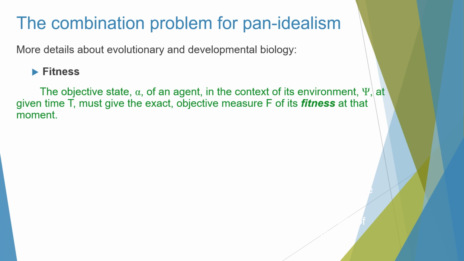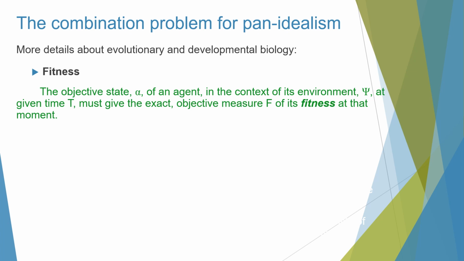According to Pan-Idealism, the objective state alpha of an agent, in the context of its environment psi at given time t, must give the exact objective measure f of its fitness at that moment. Though we can't measure f in practice, it's of theoretical importance. This is because it's based on the agent's exact physical state, insofar as this might be knowable, and on the agent's propensities to act. This theoretical fitness f is exact. It isn't based on the creature's phenotype or genotype alone, and it is f that nature acts upon in the